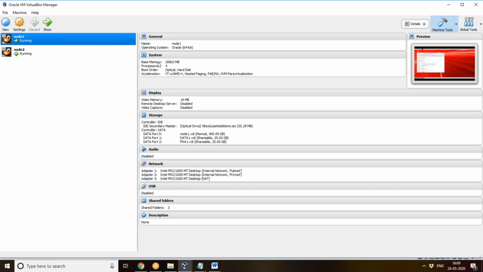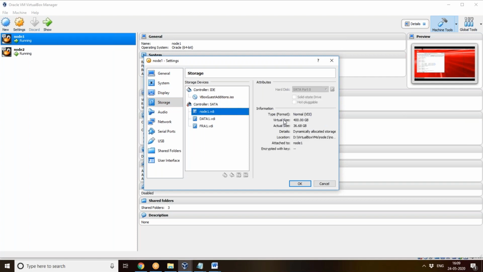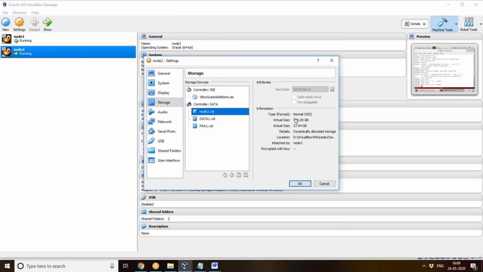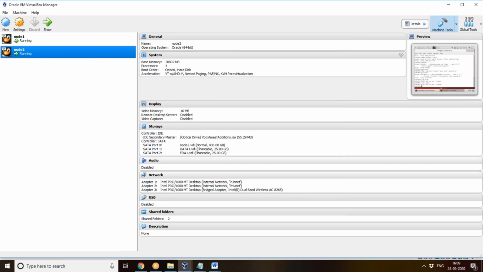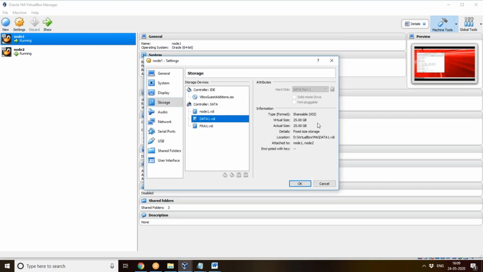As well as hard disk, I have assigned 400 GB, since it is dynamically allocated. The actual size it has used is 36.68 GB, and for node 2 it is only 27.94 GB. I have added two more ASM disks, that is data1 of 25 GB fixed size and FRA1 of 25 GB fixed size.